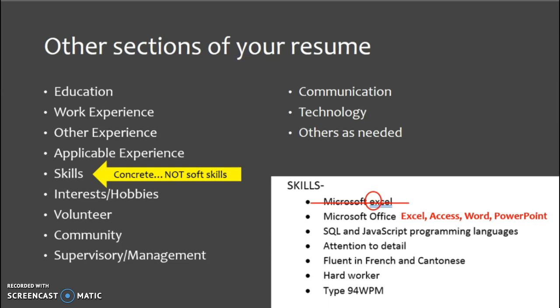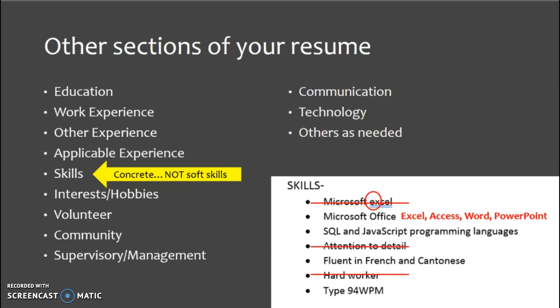So she doesn't actually need that, which is kind of funny in a ha-ha horrible way, because she talks about how she has attention to detail, which is a soft skill, and she actually shows that she doesn't have attention to detail as a skill, because she has a grammar problem. She doesn't even realize that Excel is part of Microsoft Office. So just an example of one of those reasons why you do not include soft skills. Do not list them. Let your reader find those soft skills in your resume. Embed it in your resume and show it, don't tell it.